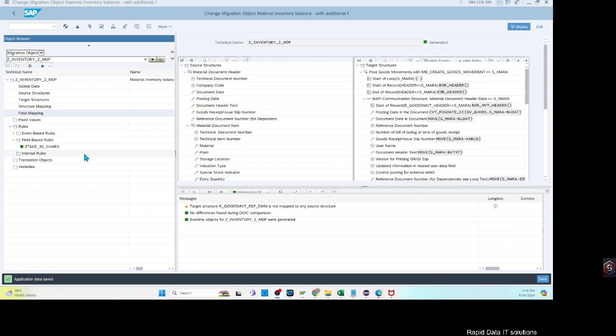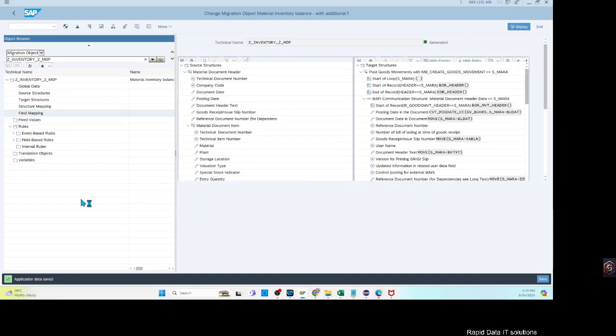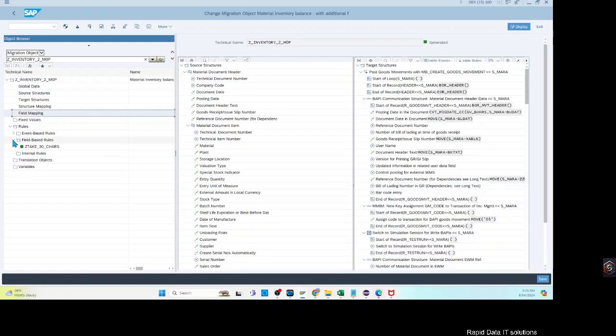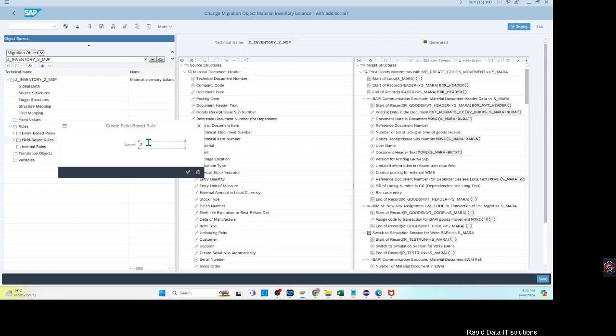Now in this session we are going to talk about a custom field based rule for that same field. So let's do it. I've done an example, you can see it here, but we're going to create it newly. So let's create a new rule and let's call it Z ref field, Z reference doc